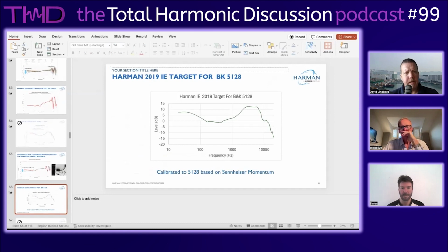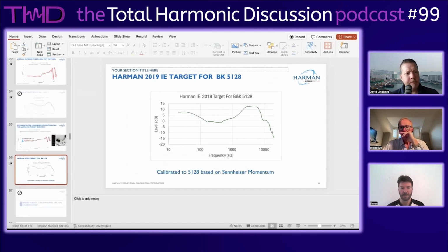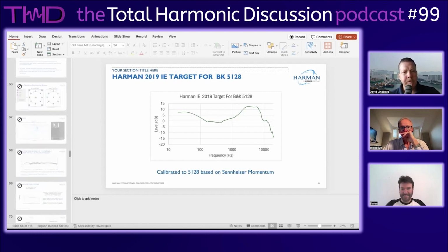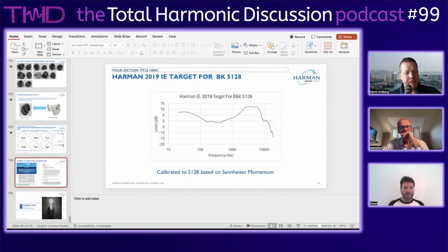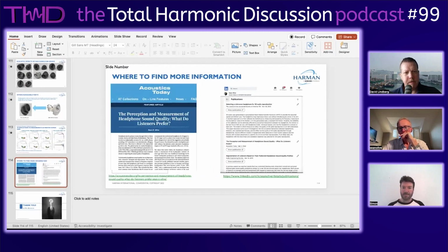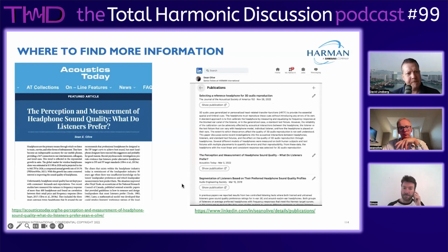So we can put the link for people to sign up for the AES to get access to the paper if they're really keen. But I think this is a nice preview for most people, whether they're hobbyists or just interested in how things are derived for creating these kinds of standards. It's quite interesting. Also, this is open access, so I did a summary of most of the research up until 2018 in Acoustics Today, so they can go and read this paper for free. And then all the AES work is available on the AES website.